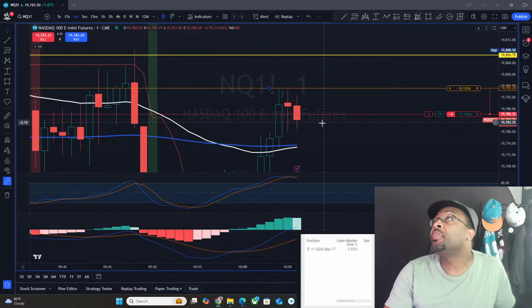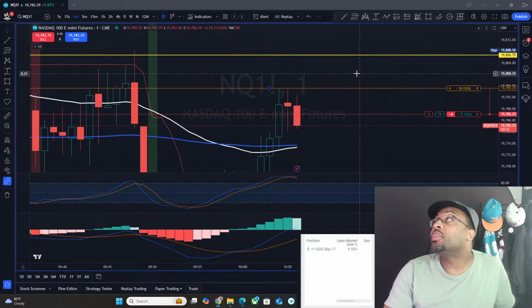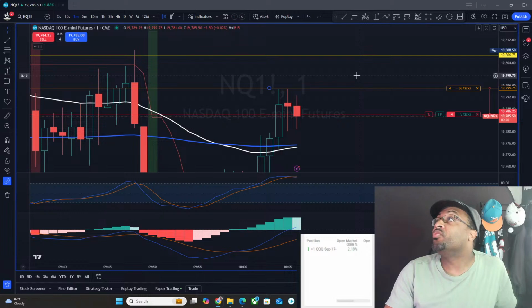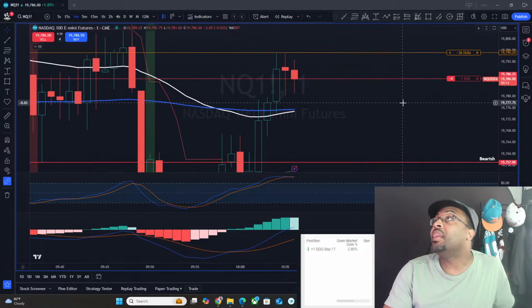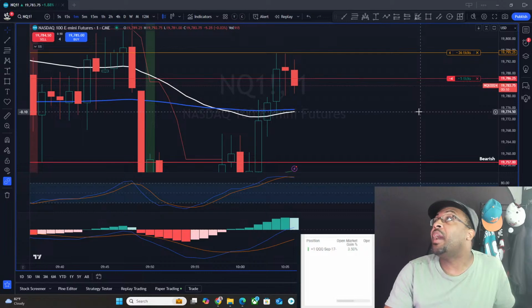Okay, there we go. Almost took out that low. Almost. Let's see if we can get it. Because my anticipation is after this run up and now we're back inside of the range, I'm looking for some profit taking to happen. And then they find some type of support, maybe come back to this 50. And then after that, they try to make the run back up. But it looks like the bears are struggling to control it.